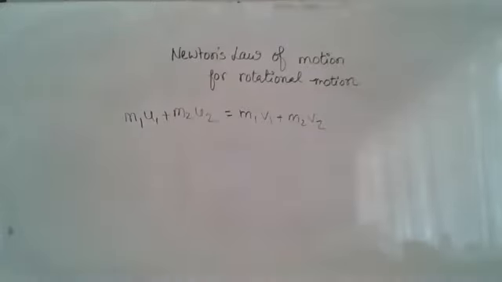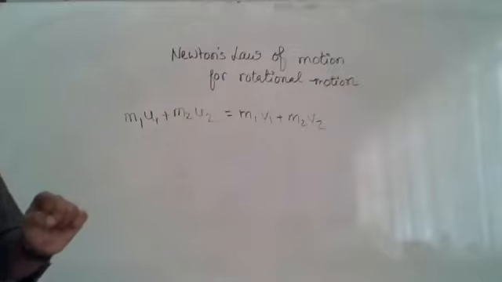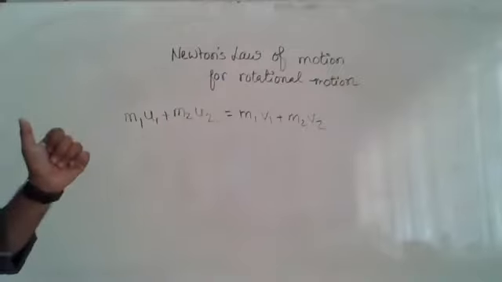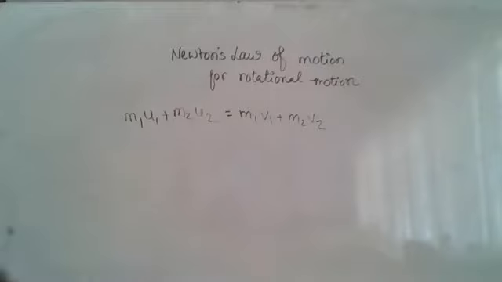Now we are going to study the conservation law of angular momentum. From Newton's first law of rotational motion, we know that if the external torque on a body is zero, it will rotate with uniform angular velocity. There will be no change of velocity because the torque applied is zero. Likewise, if the force is zero in linear motion, the velocity will be uniform. Here, if the torque is zero, the angular velocity will remain constant, and if the angular velocity remains constant, then the angular momentum also remains constant.